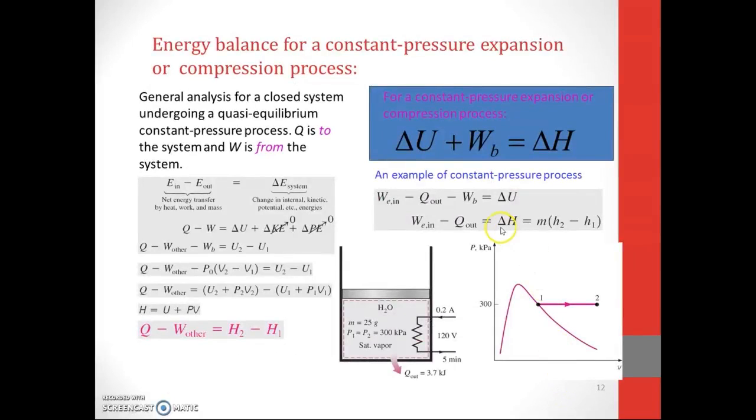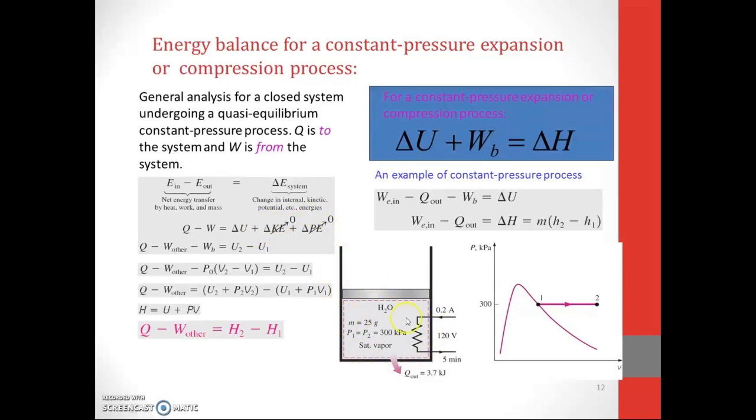When we use the equation, start with the general energy balance. Q is to the system, put the Q and W work into the system. So initially we have E in minus E out equals delta E, or Q minus work equals delta E. And delta E equals delta U plus delta KE plus delta PE. But we know that delta KE and delta PE are equal to 0 because